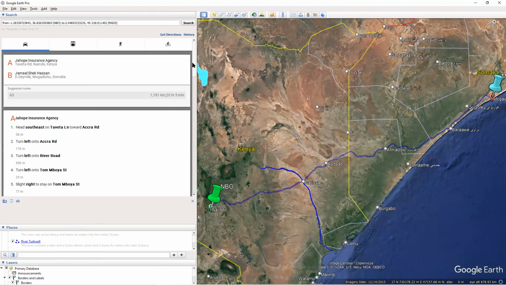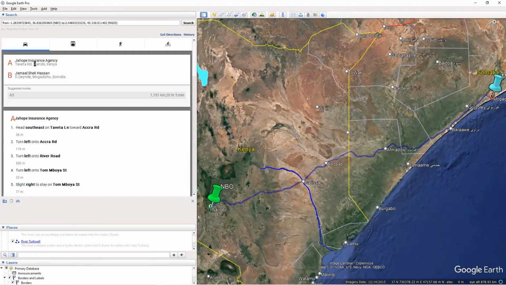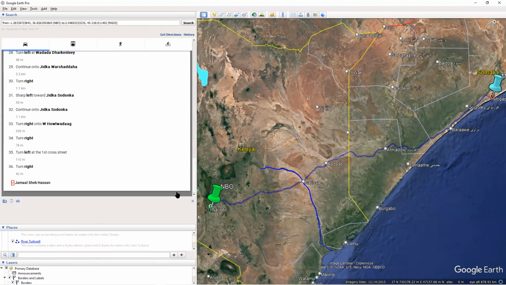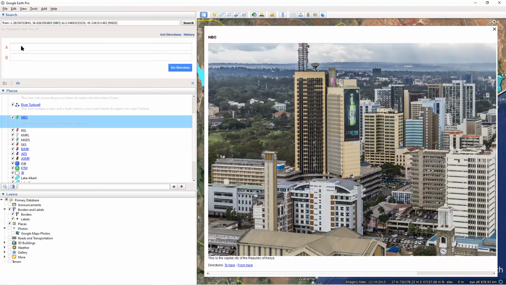So what you can also do, I believe you can save these directions somewhere. Let's see, not sure, but there's somewhere you can use to save the directions. I wanted us to save these directions. Let's see if you click get directions. Yeah, so from point A, I think you can click your point. Not sure though. So let's say point A is Nairobi, so you can type it,